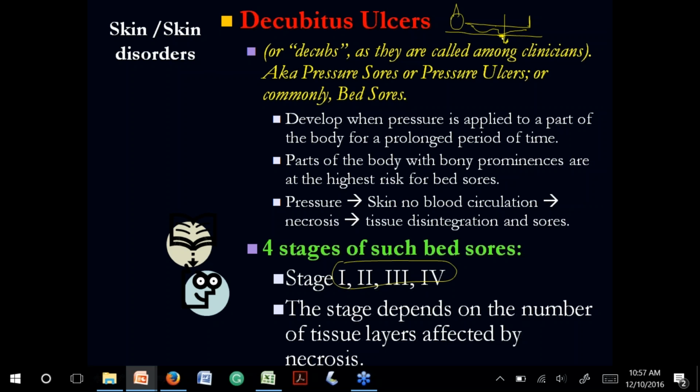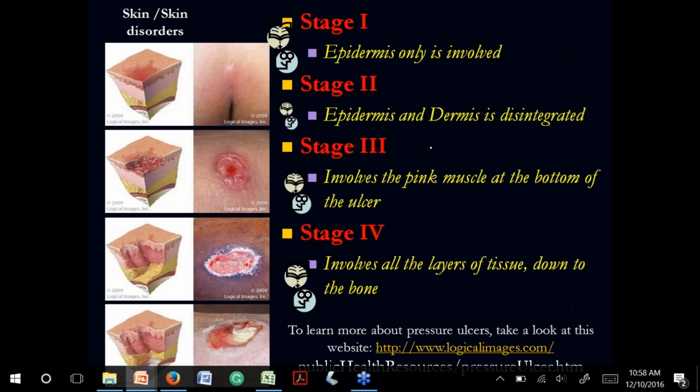This pressure affects the circulation in this area, especially on the lower back, and produces some local ischemia. The tissue starts to become ischemic, and it can produce ulcers. Okay, ulcers. All right, so that's what we call bed sore ulcers. The most common is in the sacrum, and we also have them on the feet. On the feet we actually have the most common bed sores.